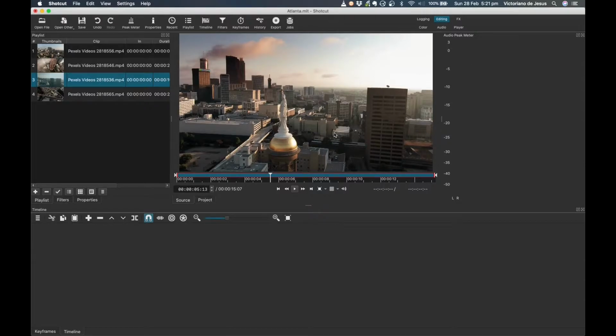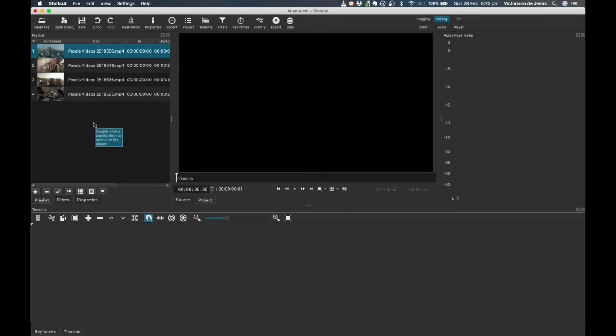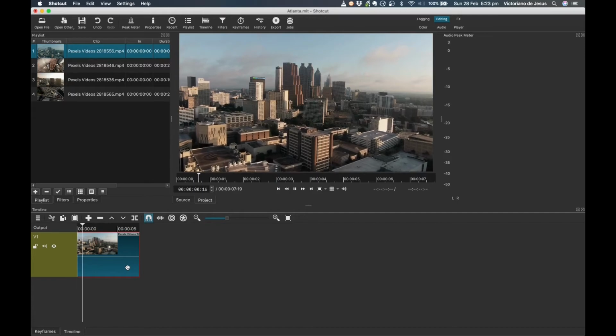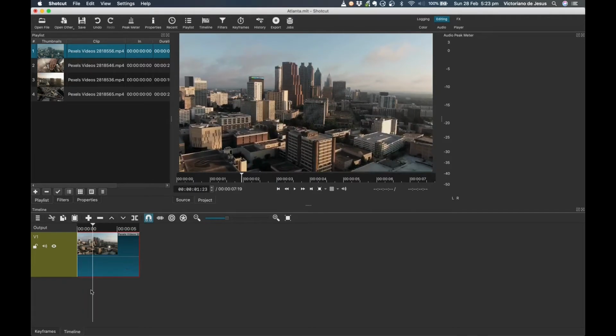These clips do not have any audio, so we're not going to see any audio peak meter or audio volumes here, but that's it. So let's go ahead and build our video. I'm going to drag our first video into the timeline. Shotcut will automatically create a video track for you. We can play it, same thing, spacebar is the play